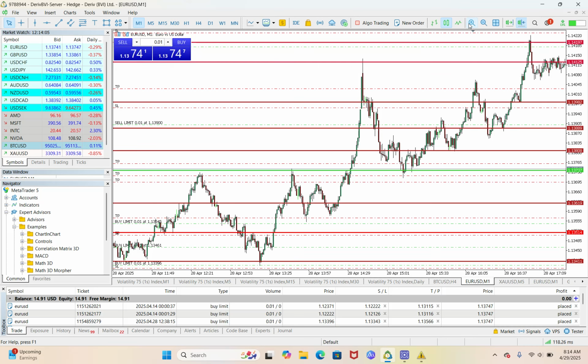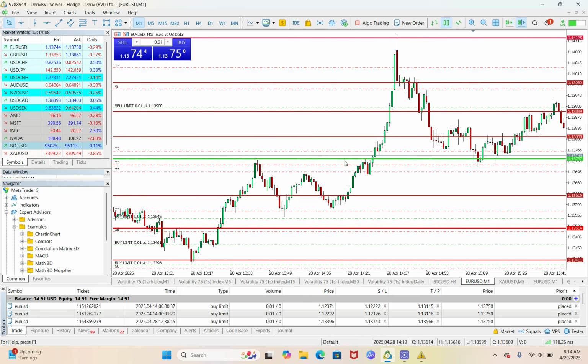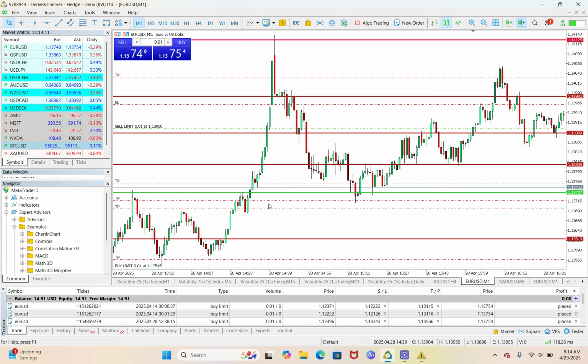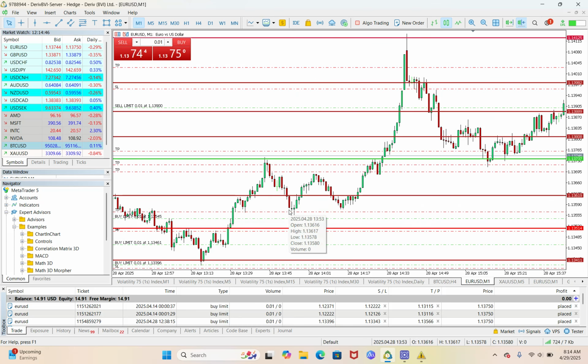Gonna zoom up our chart. So this here is an area where buyers came in the market with strong buy pressure. Okay, pushing the market up. So this is the area where the market is currently targeting, right? So the fact that sellers already came back into this area, we're not gonna take any trade here. Okay, but however,